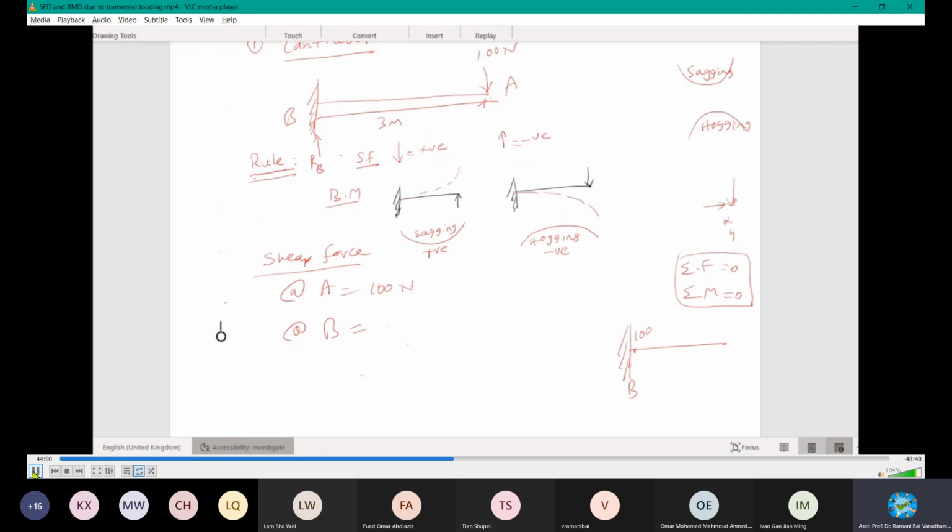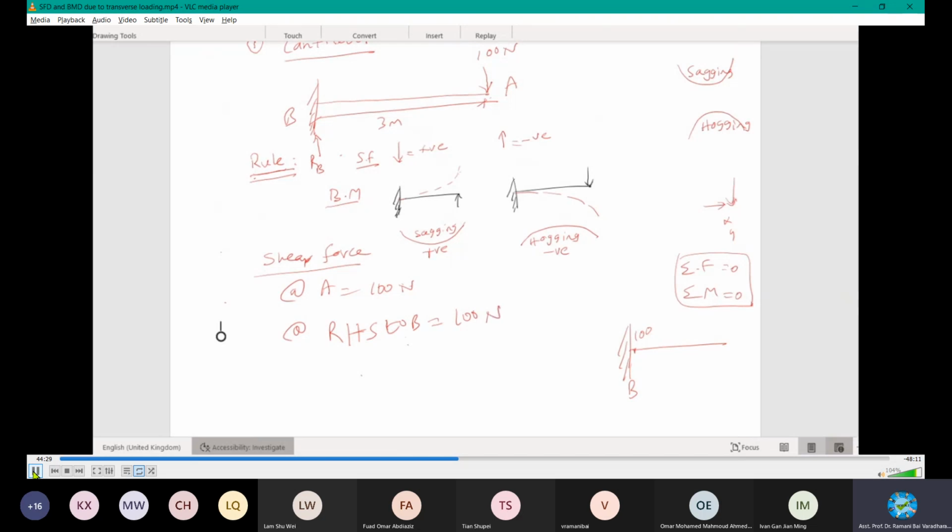Only when it's coming here, it is changing to negative 100. So until this is 100, we write that point. I just put right hand side, left hand side, easy for you. Just right hand side of B, just 1 centimeter or 1 mm right hand side to B will be